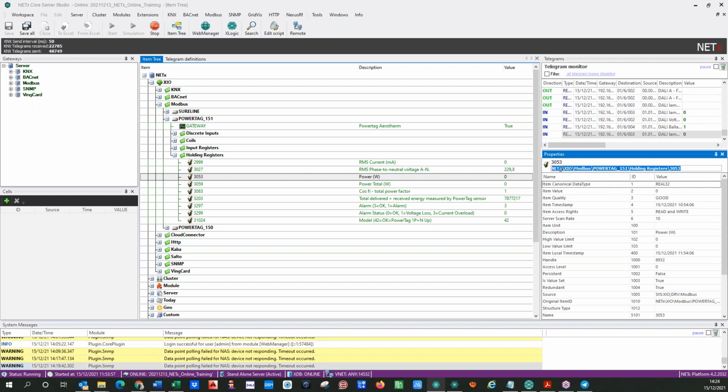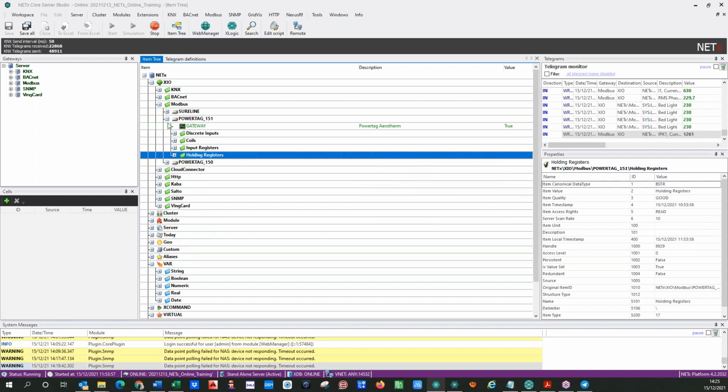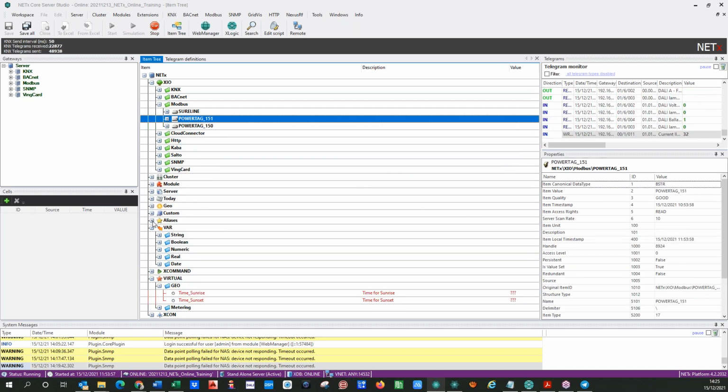So is this item interesting to put, or is maybe more interesting to use the description of the item? For example, maybe this is not a complete description. Maybe the description should be power aerotherm. It could be better to have the power aerotherm. But in my opinion, if I select the description, it will be much more clear than this, because the item ID is not clear for me. Another option, and I'm just commenting, is to have it as an alias